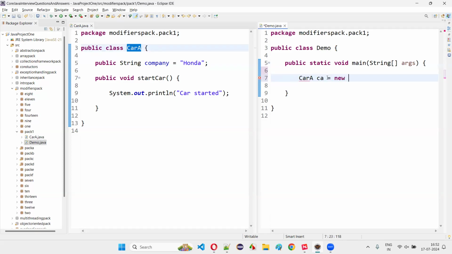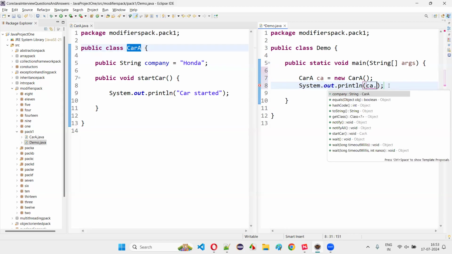CA is equal to car A. If I'm able to create an object for this class outside this class, that means this particular class is accessible outside the class. We can successfully access this class outside the class if we are able to create an object for it. And by using the object reference,